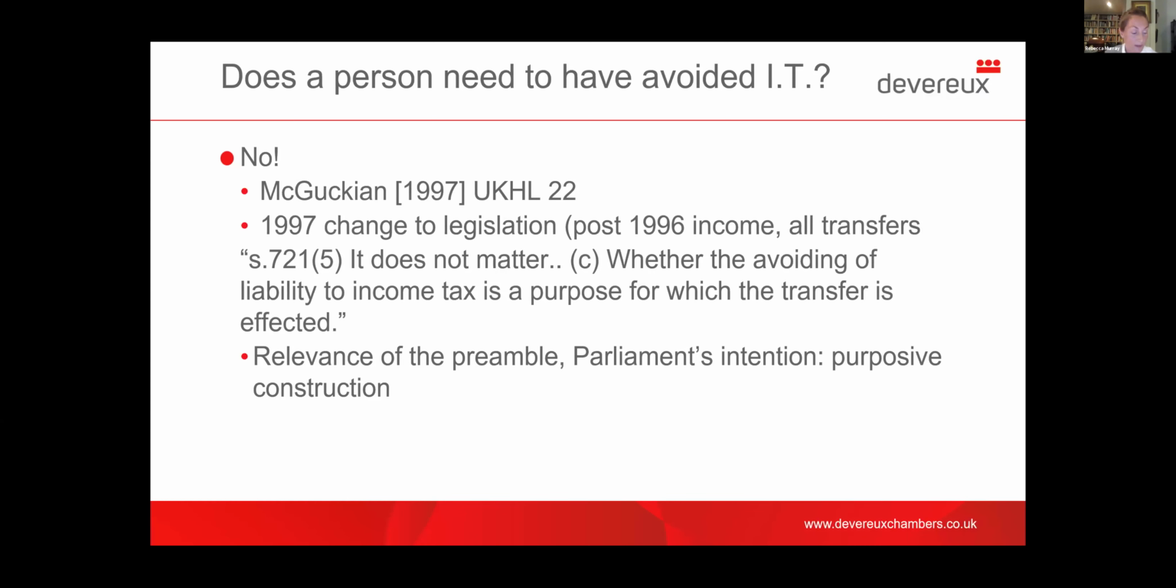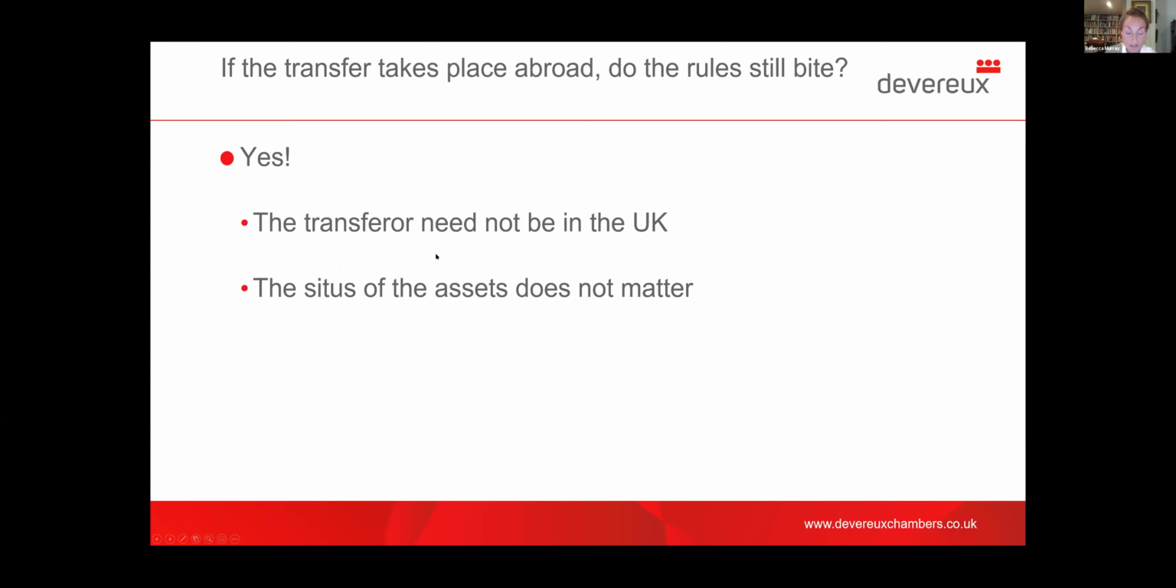So the next fundamental point is the answer to this question, and the answer is yes. The transferor need not be in the UK when the transfer is made, but he must be UK resident for the tax year in which the income is treated as arising for both the first and second heads of charge under 721 and 728. And that is because section